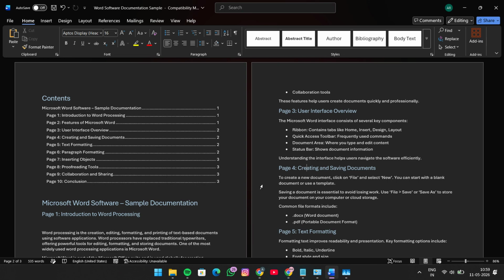So to recap, the quickest fix is to undo with Ctrl+Z, then refresh the document with Ctrl+A and F9, and if needed, unlock the fields with Ctrl+Shift+F11 before updating again. These simple steps solve the issue for many Word users and can save you a lot